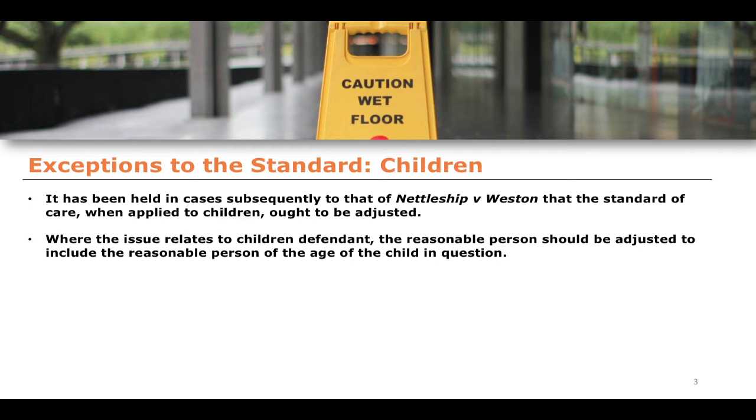So we essentially adjust the standard. So if we were thinking, like I said earlier on, to the idea of a 13-year-old maybe potentially being a defendant in a tort case, the standard is therefore adjusted to that of a reasonable 13-year-old. So what would a reasonable 13-year-old have done in the circumstances? This is seen as a more just solution to the concept of adjusting these standards and making an exception to the standard of care in order to essentially allow for a defendant who is a child to have a fair hearing in terms of their decisions to act in a particular circumstance.